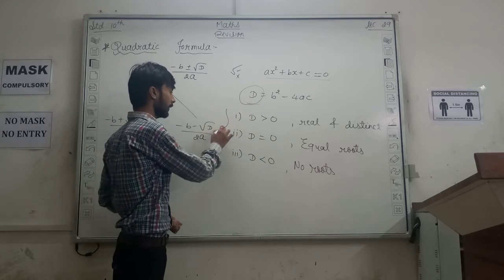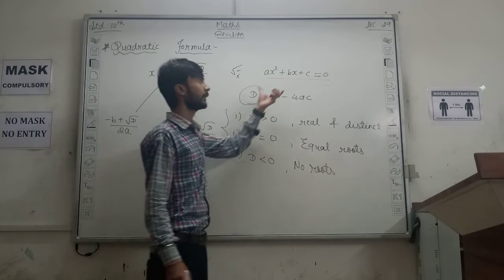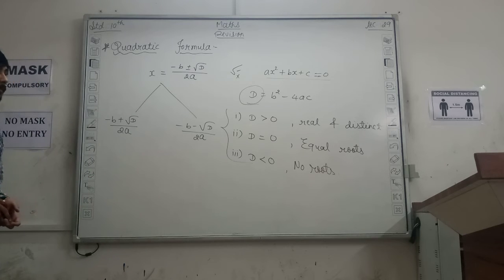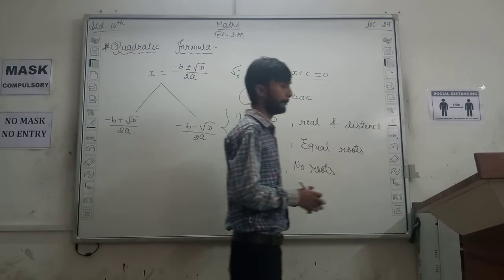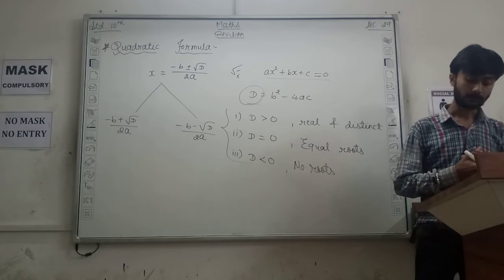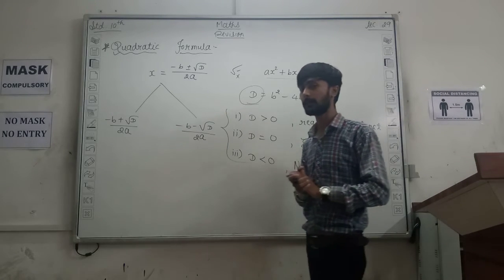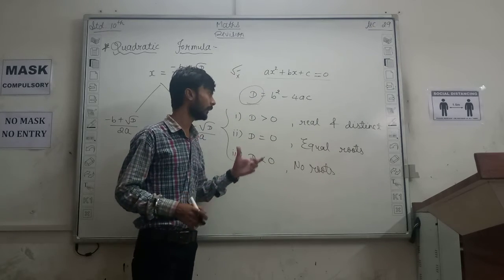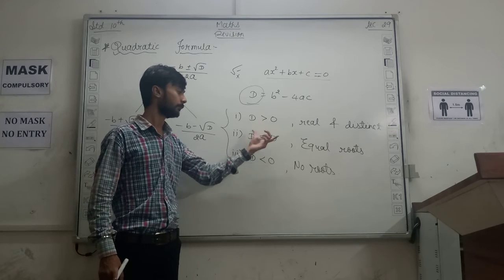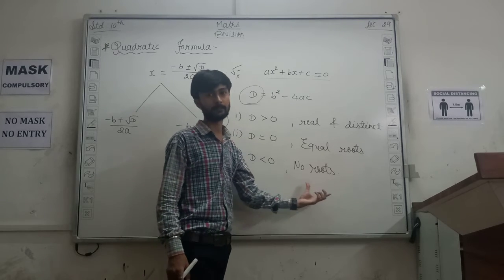Okay. So among these three, we can directly say that for any quadratic equation, its roots are found this way, right? Now exercise 4.3, number 1, find the roots of the following quadratic equations if they exist. Here it says if they exist, it means if d is greater than 0 and d equals 0, then roots exist. But if d is less than 0, then roots do not exist, right?